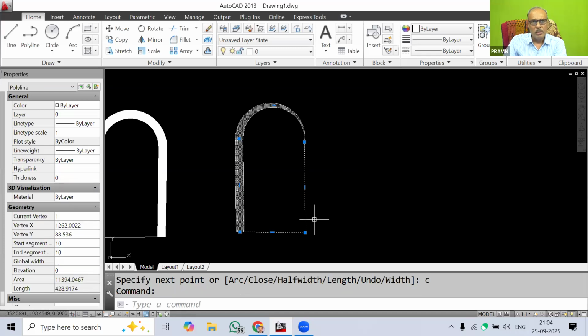So that is the beauty, that all lines get selected at once because they are polylines, combined together forming a single object. That is the advantage of using this. In the polyline command there are various options such as arc, close, then half width and width, which are the same. Then you can also specify the length of the line, or if there was a mistake, you can undo. You can type U for that.